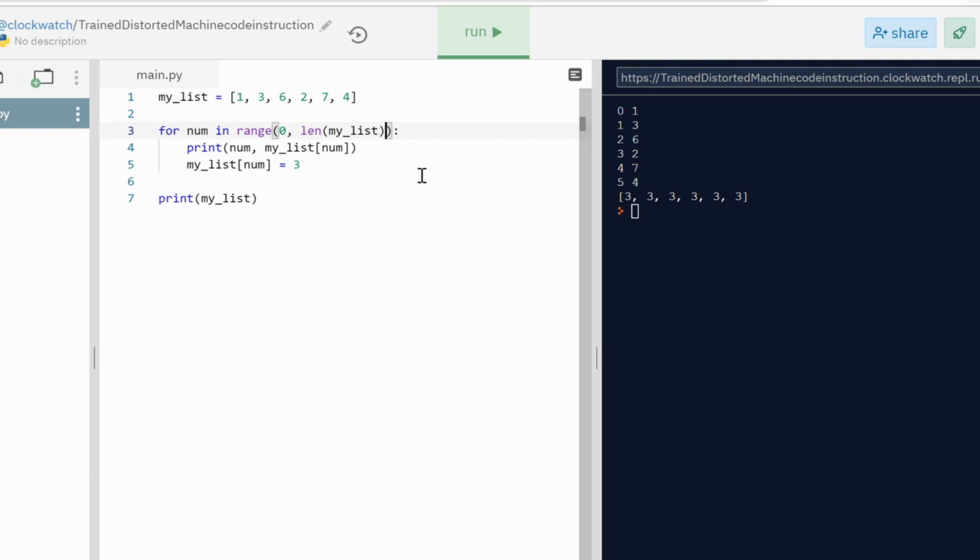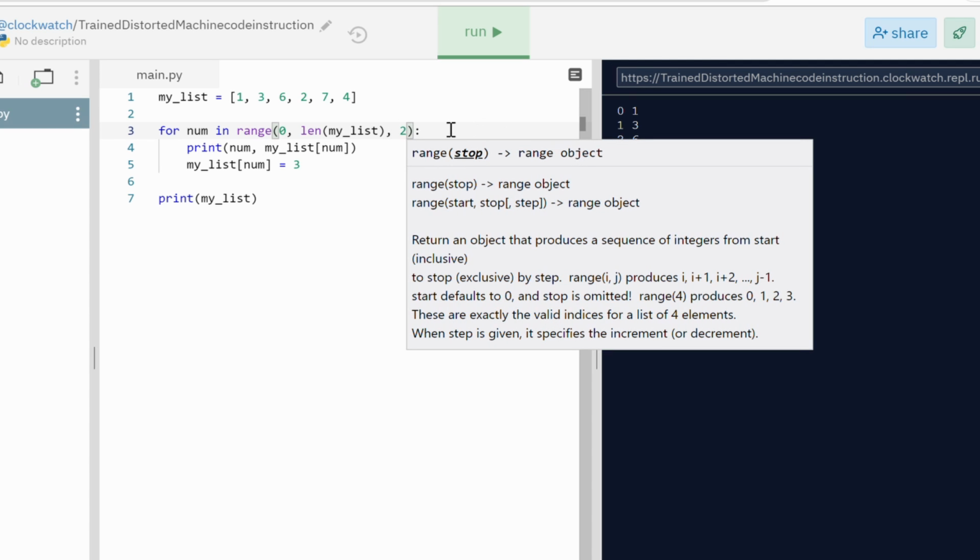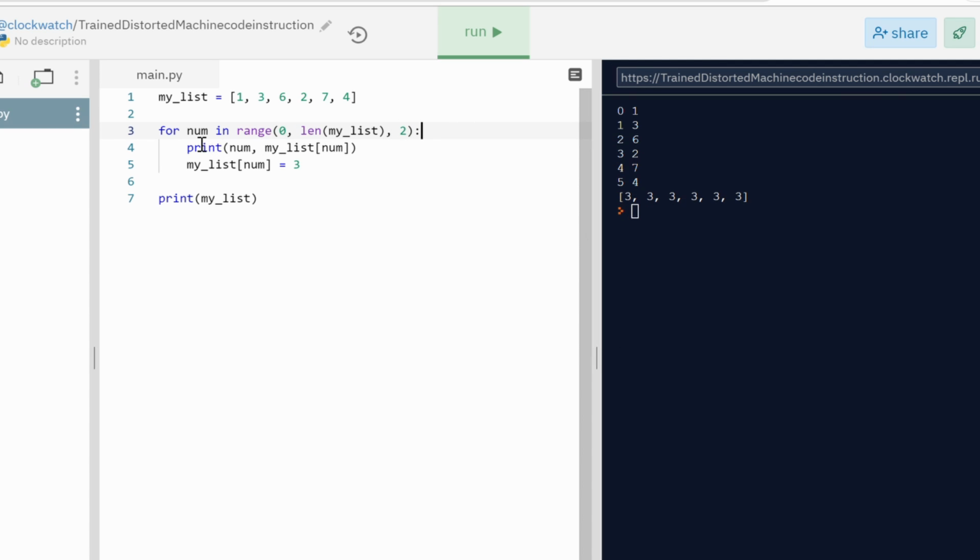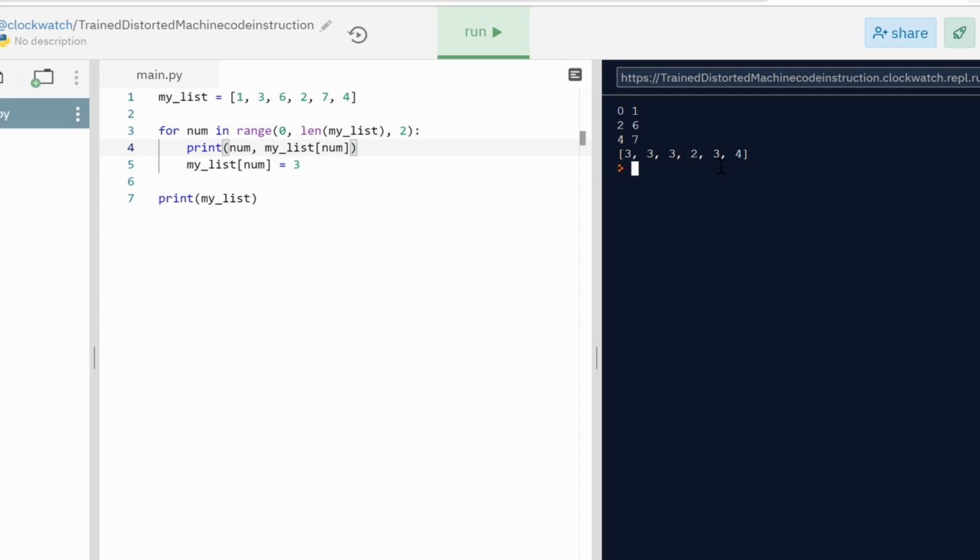So you might have noticed earlier that we can actually pass a third argument into range, which is what increment it'll go up by. This doesn't necessarily have to be 1, although it is 1 by default. So if we put a step of 2 here, then this means our loop, our num, will increase by 2 every time until it reaches the limit. So now what this will do is it'll set every second element of the array to 3. And as you can see, it printed out 0, 2, and 4, and it set these all to 3 in